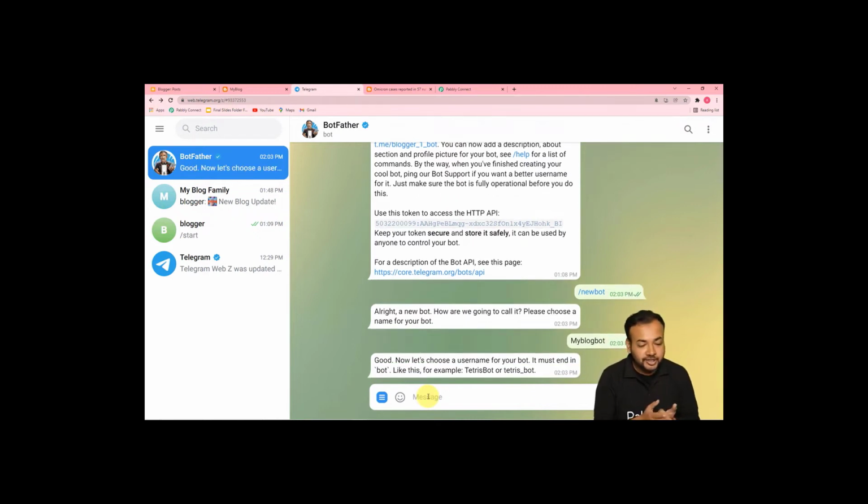Okay, good. It is saying good. Now let's choose a username for your bot. It must end in bot, like this. For example, Tetris bot or Tetris_bot. So this is the name of my bot. Now you have to give a username. So let me give the username as blogger_2_bot. Okay,